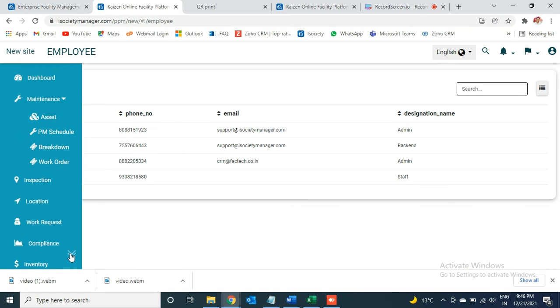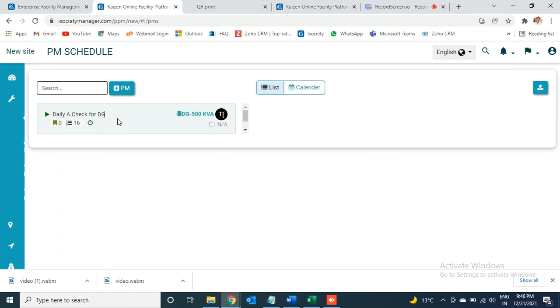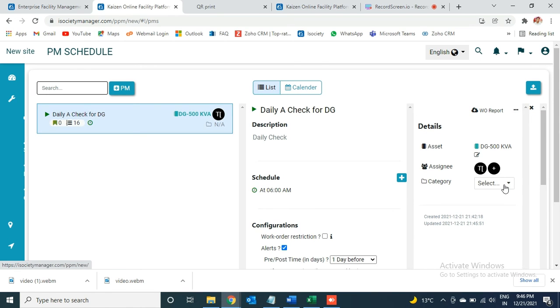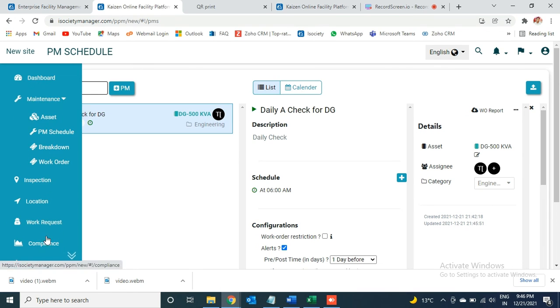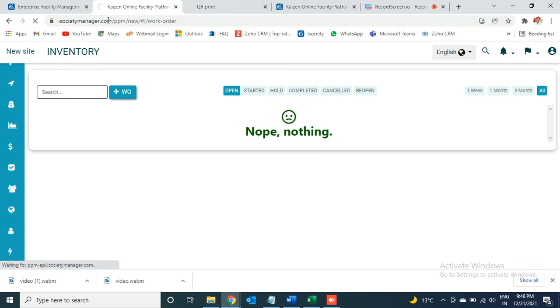Now I'm again going to my PM schedule category. You can see the multiple categories here. I'm going to take the example of engineering. We can also create our own category from here. I'm going to show you.